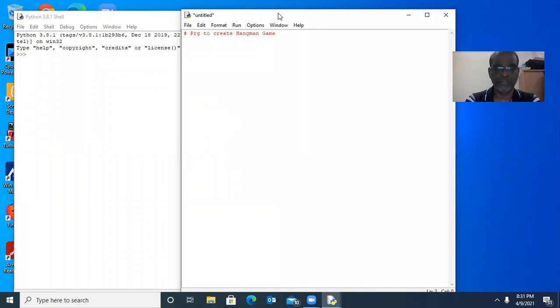Good. So as usual, we have to import tkinter. From tkinter import star. One more thing, we need the random module because randomly any one of the words should be selected. Import random. Good. Now we have to create one list, wrong guess, that should have 5 numbers: 1, 2, 3, 4, 5. I will tell you later why I'm having this list.